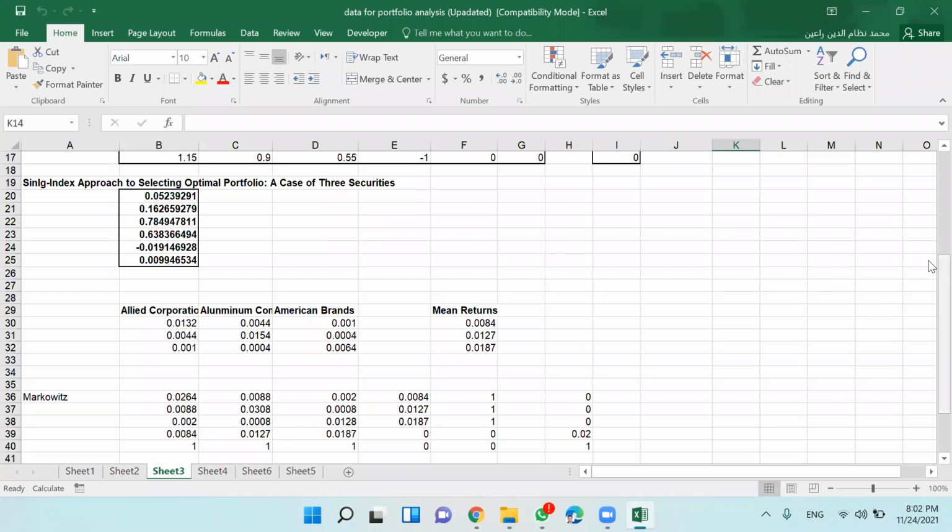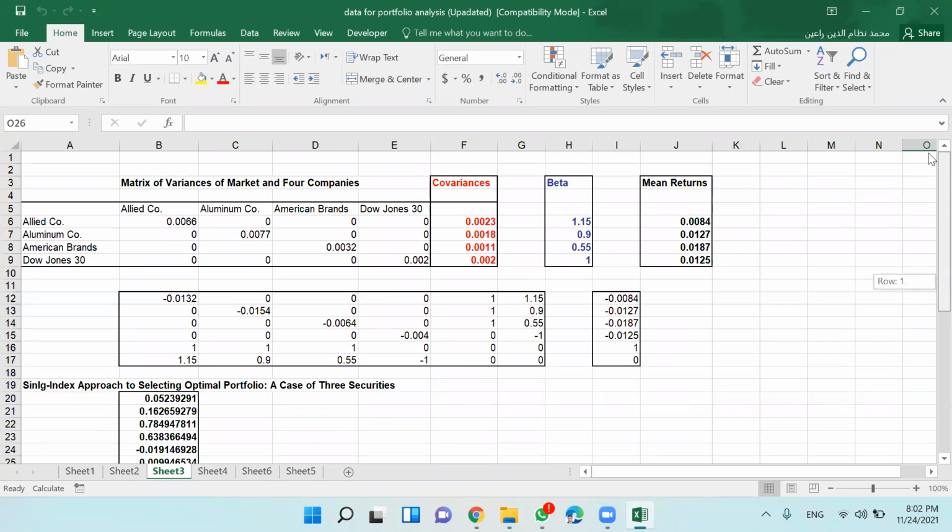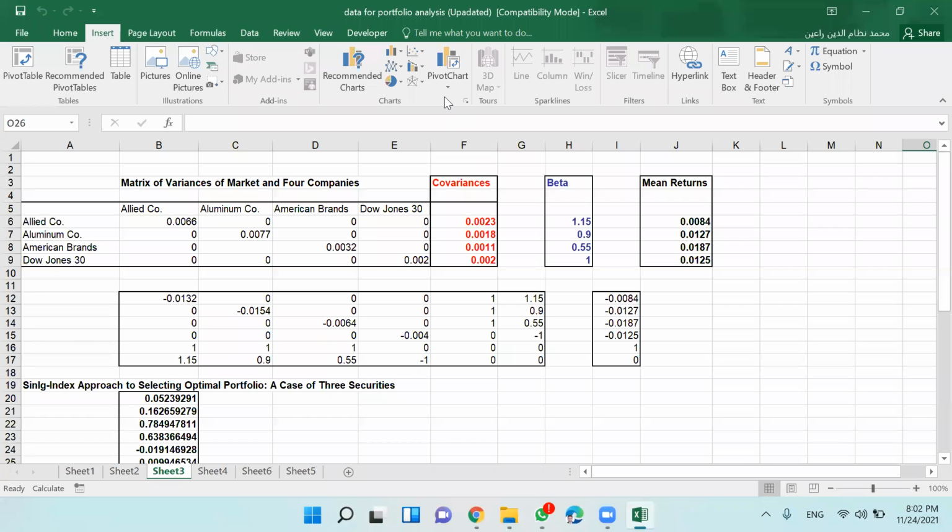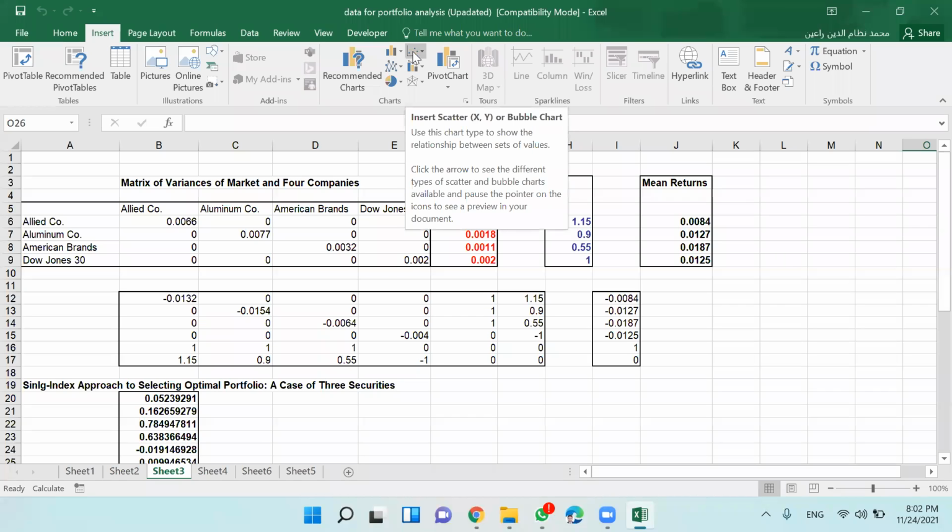Last time we estimated betas using slope, and we also showed you how to use this scatter graph, insert scatter graph, to plot a trend line, and that gives also a fit of your relationship between return on a company and return on market.